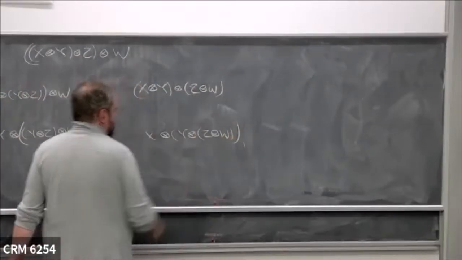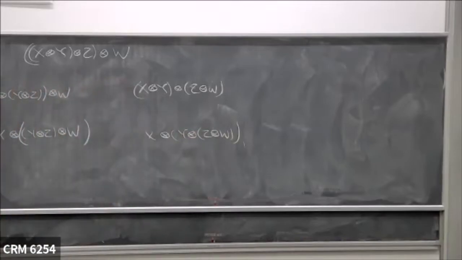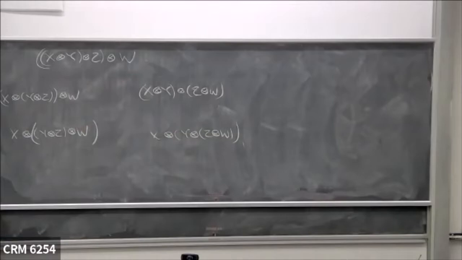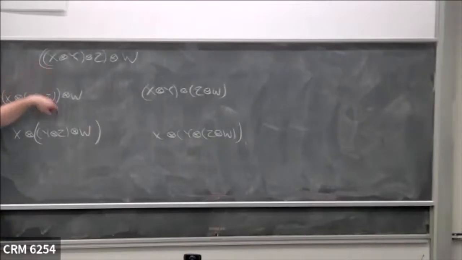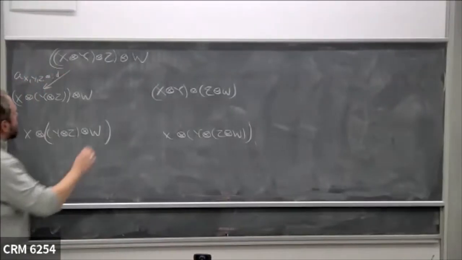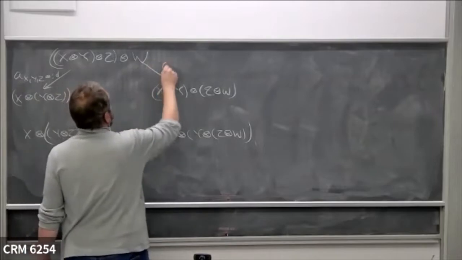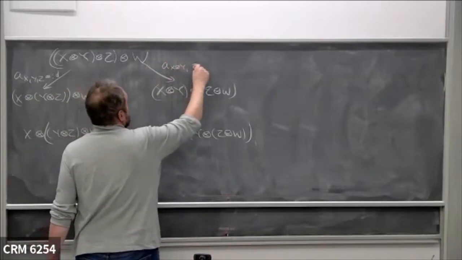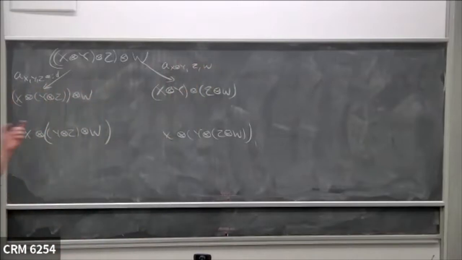And this. Now, in general, if you have n objects, then the number of such parenthesizings is a Catalan number, right? That's something we teach students in the combinatorics class. So there are 5 ways to do this. Again, we want them to be compatible with each other, okay? But now we can travel between these different products using the associativity constraints, right? So for instance, here we use A_{X,Y,Z} tensor identity. Here we can use what? A_{X, Y tensor Z, W}, right? Just moving the parentheses around